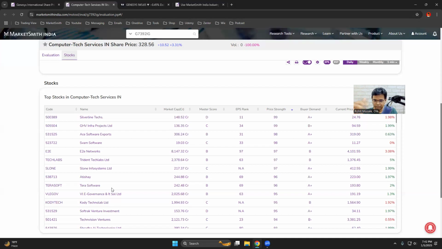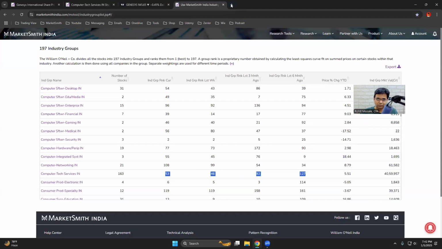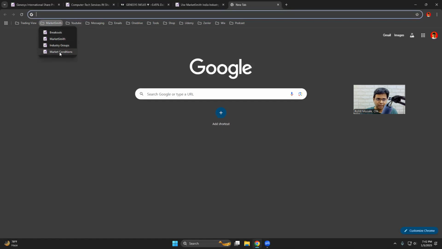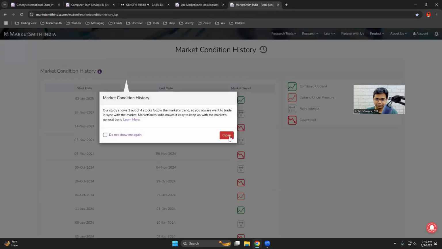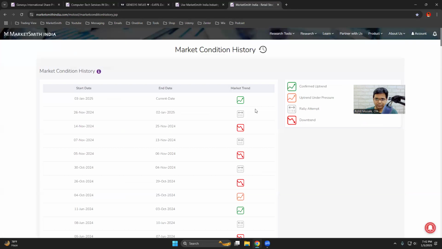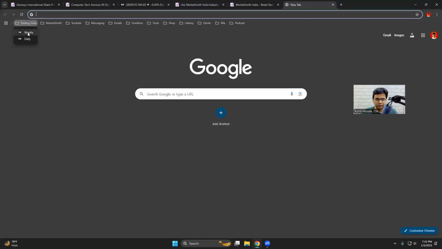So probably this stock might not get the attention that it deserves. But let's see. I am currently rejecting the stock for another reason. So you look at market conditions. They say that the market is in a confirmed uptrend, so you look for fundamentally strong stocks. Now, in the case of Genesis, it is strong but not very strong. And what is the sustainability of this confirmed uptrend? So, if you look at the chart of Nifty,